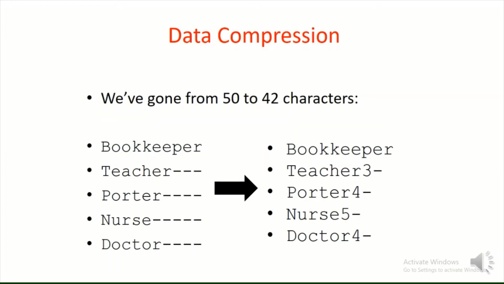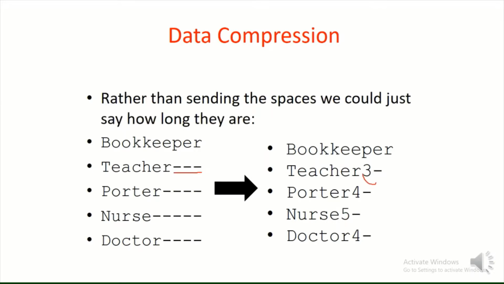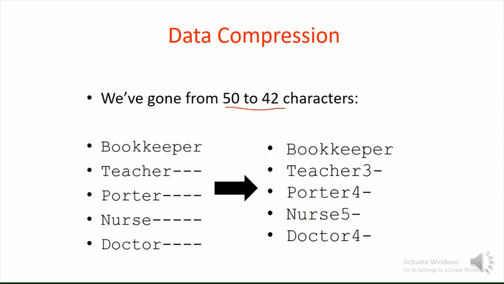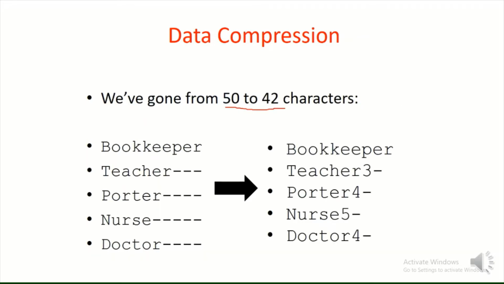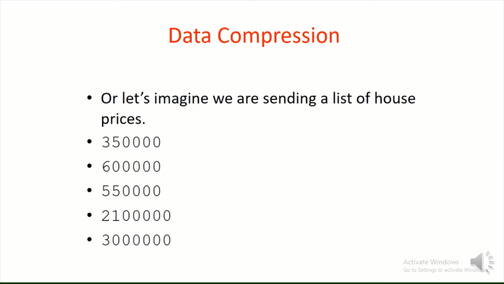By doing this, we come from 50 to 42. If you check the previous slide, there were 3 spaces. Now I am representing them with a number and a single space. In this way, I have managed to get it from 50 to 42. Let's see what further we can do. We have stopped at that and have not worked more on this. So let's go with numbers.